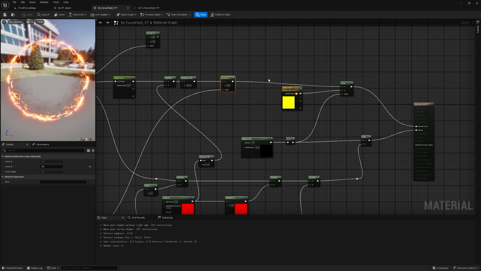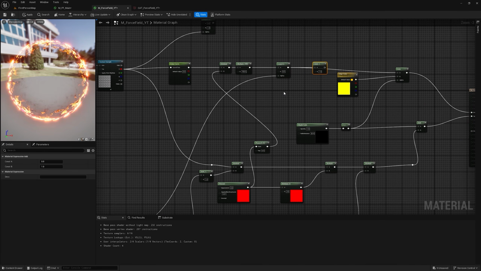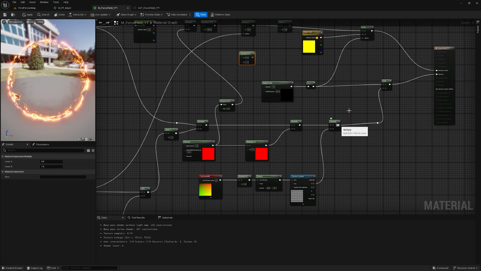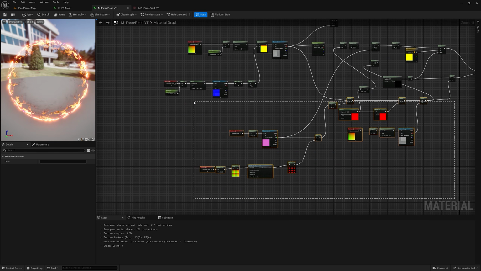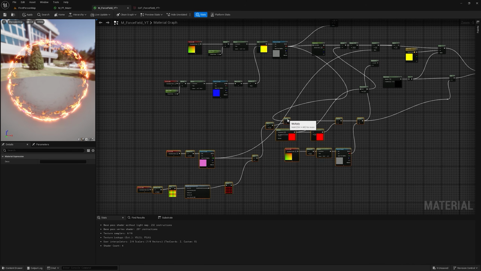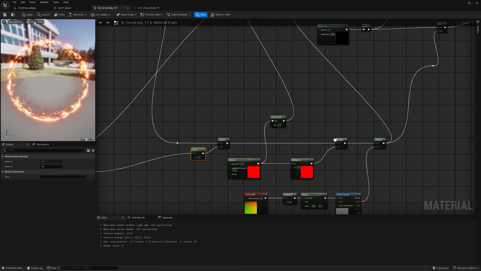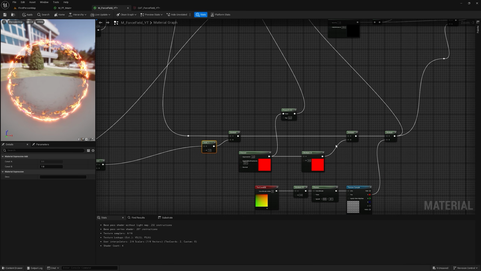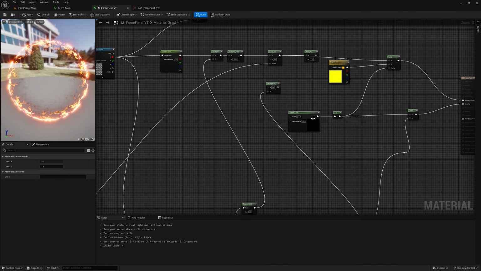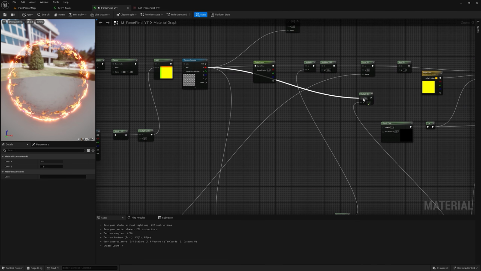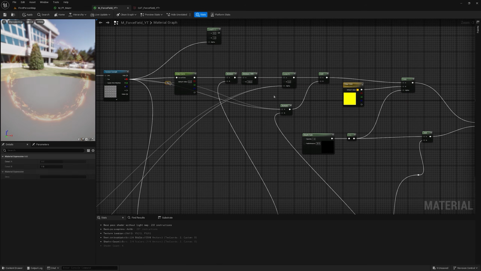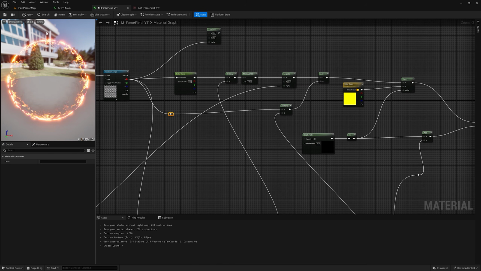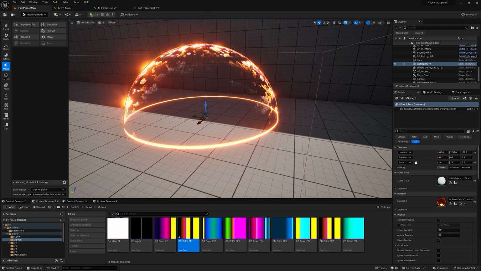Now we need to get an add node and get a multiply, and now multiply this with this one. I will just move it back, multiply these alphas before the depth fade with this texture, and connect this to the add and connect this to the blur. So we get a unique look like this. So if I click apply,